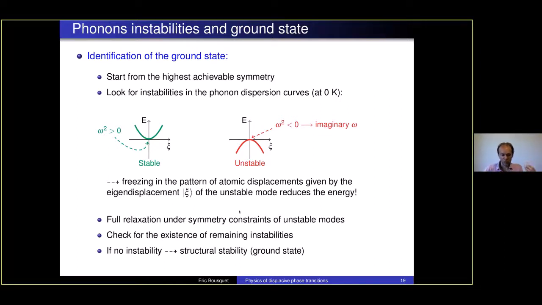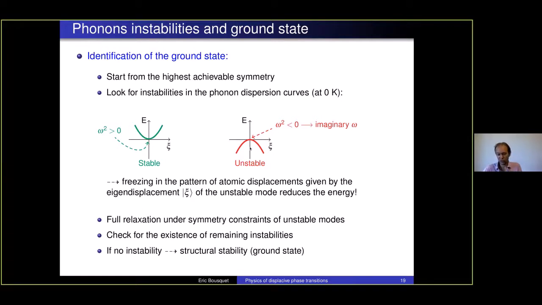And once you have done that, you go to a lower energy system, maybe you're going to reach an energy minima like that, and you recompute the phonons, and you check if you still have an imaginary frequency or not. If you don't have any more an imaginary frequency, it means okay, you reached a local stability. That means your crystal is stable against all the local patterns of atomic displacement in your system.